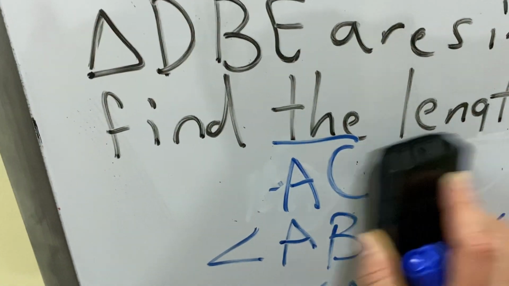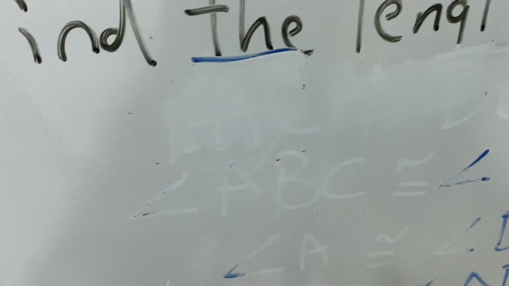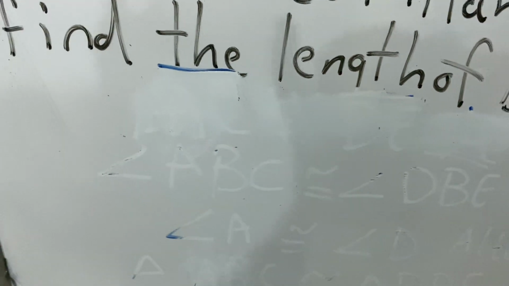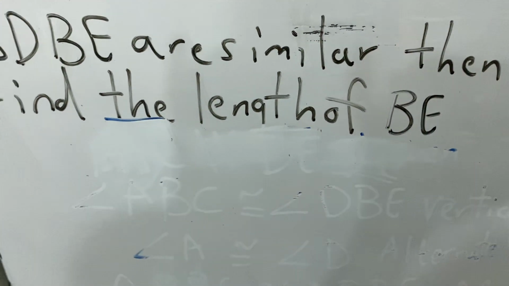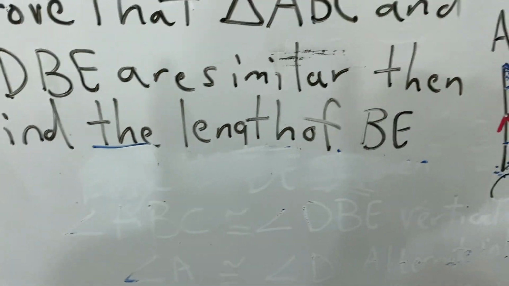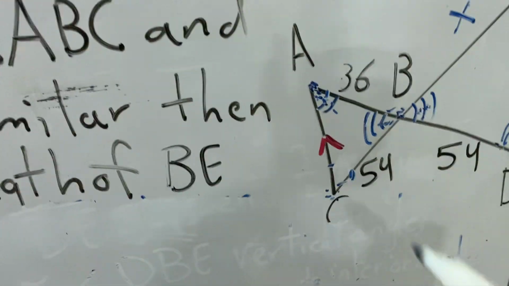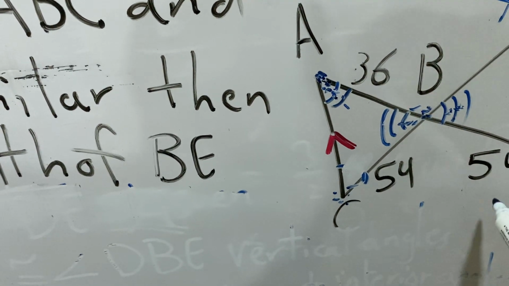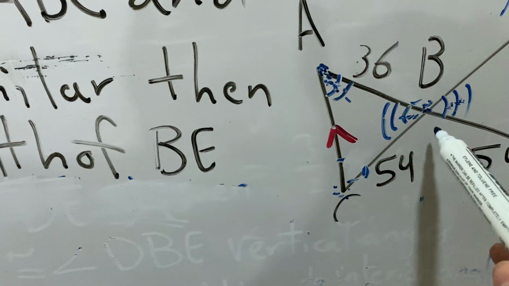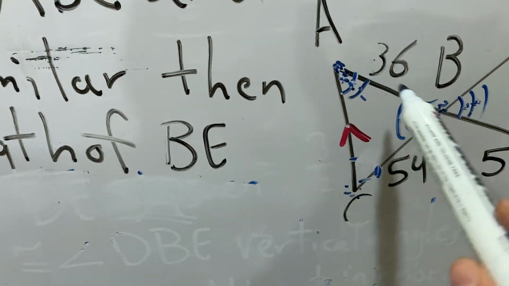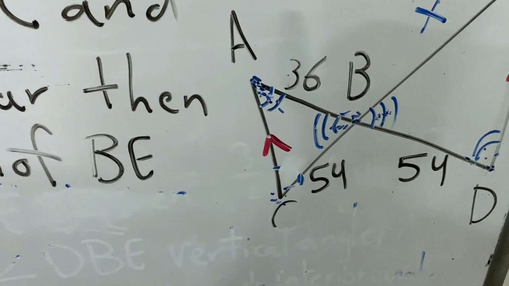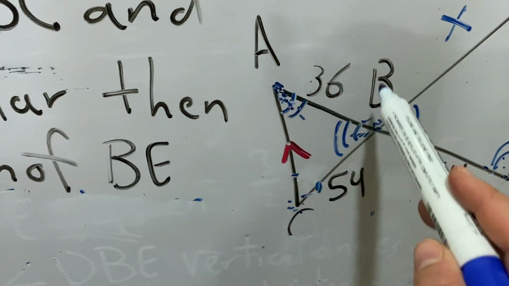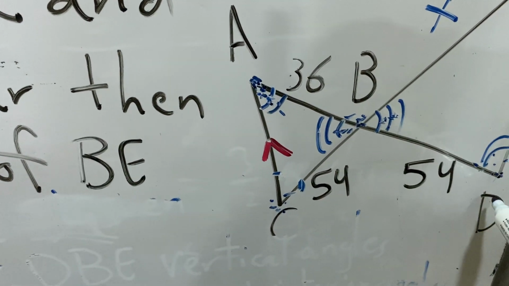Now after I prove this one, I will go to the second part, which is finding the side length that he's asking about. I will find the side length now. If I need to find the side length, I will come here. You have to take one side either from the small over the corresponding side from the big, or the opposite. Take one side from the big triangle over one side from the small triangle, as you like. You can start whatever you like. I can say 36 over 54 or 54 over 36, it is the same. You are taking one side from the small triangle and the corresponding side from the other triangle.